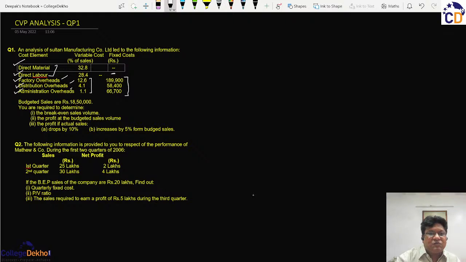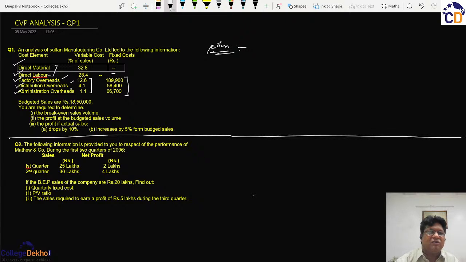As we have discussed earlier, I will try to solve them in front of the question. So this is the quick demarcation, where we will have the first question and then the second question. We have already discussed that fixed cost should always be taken in total, because it is not a product cost but a period cost. So in this case the total fixed cost will be